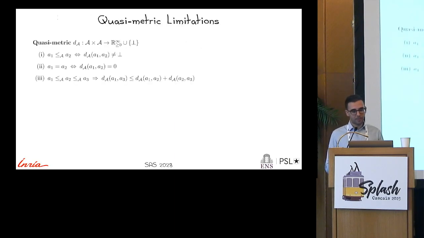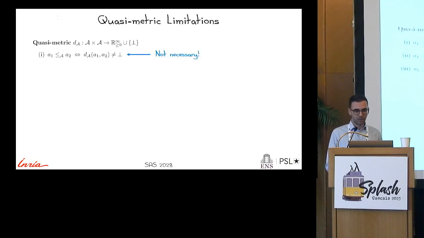So now I want to show you why it is limiting to use quasi-metric to measure incompleteness. Let's start by analyzing the axioms of the quasi-metric. The first axiom requires that the distance function should return a value only on comparable elements, but in this case it is not really necessary, because we can even allow the distance to return any value on all elements, even on uncomparable ones,